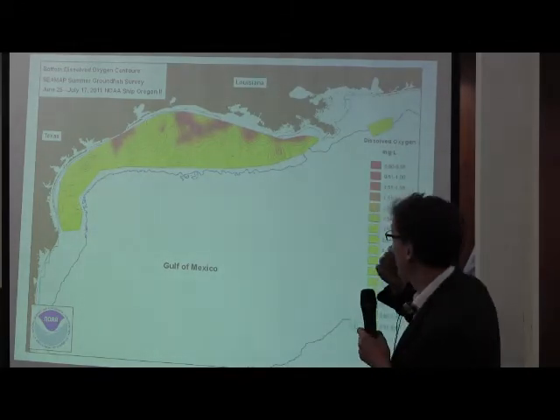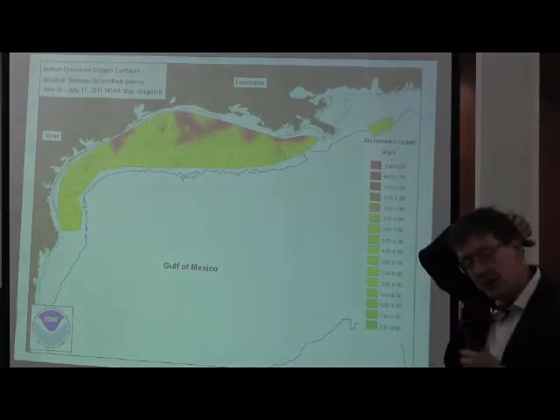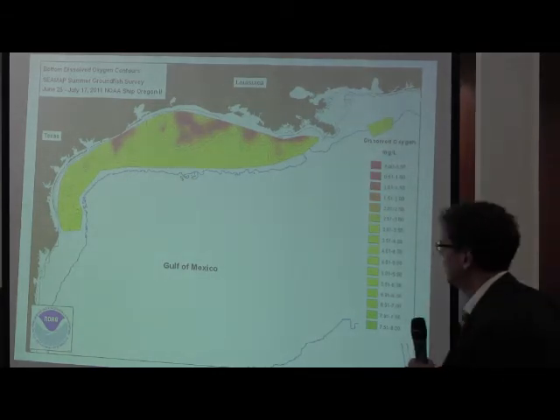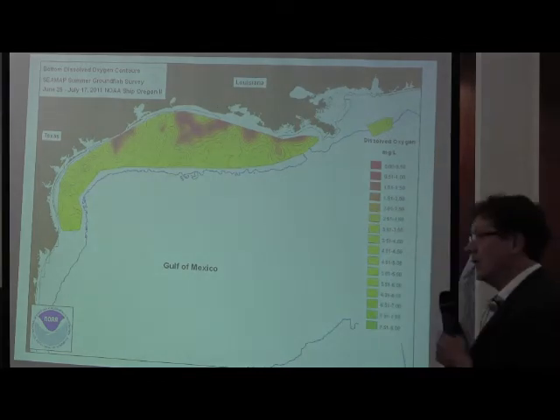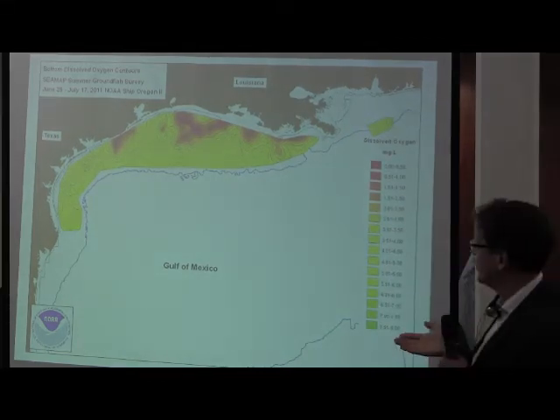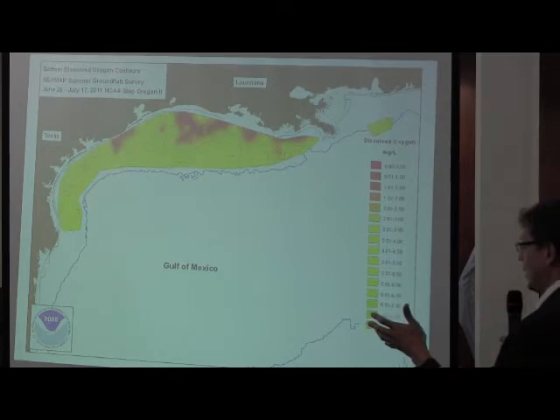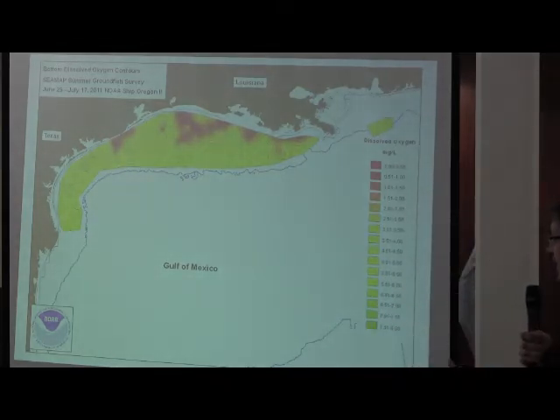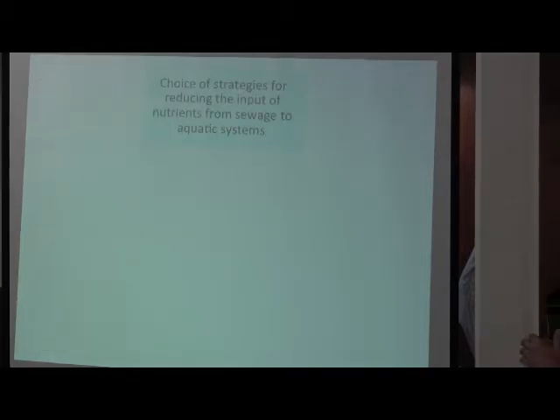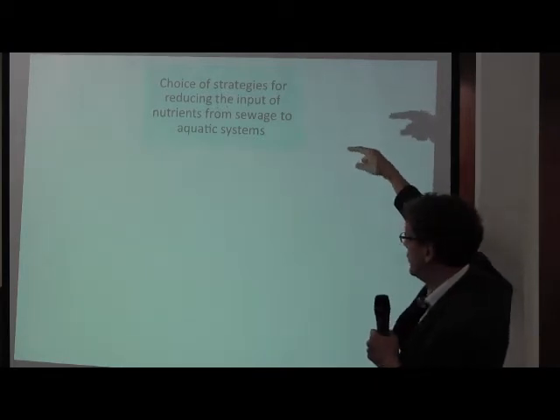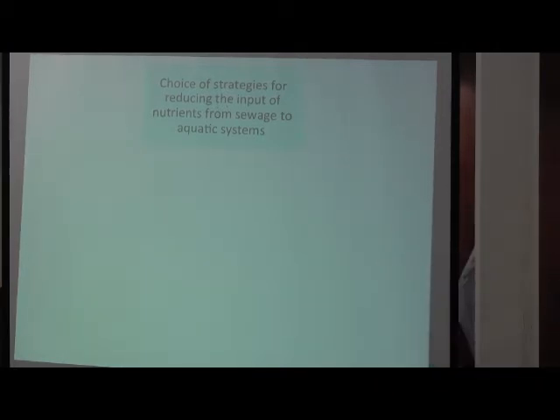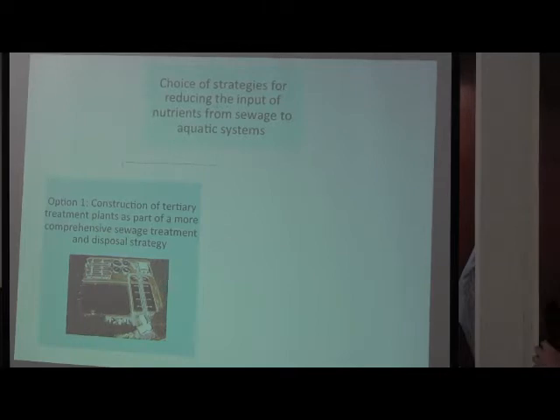dead zone in the Gulf of Mexico. And this has been predominantly caused by nutrient emissions, predominantly into the Mississippi. A lot of it's from agriculture, and the impact is these seasonal dead zones. Now, this is not unique to the Gulf of Mexico. This is something that's happened in a number of marine systems around the world and in rivers likewise. So there are going to be a choice of strategies for reducing the input of nutrients from sewage into the aquatic system. There are a different set of options that can be taken, and two such options could include: one,